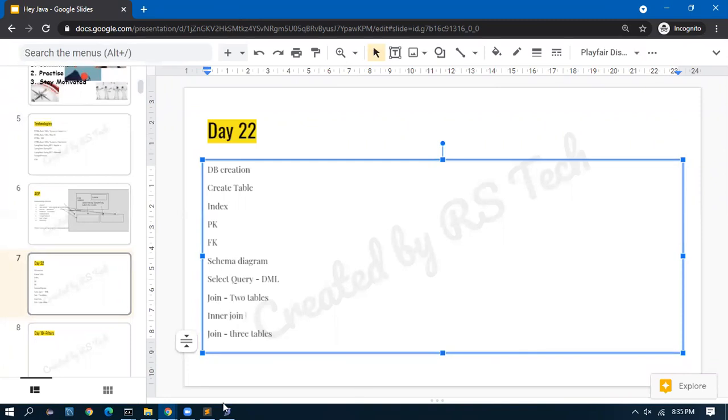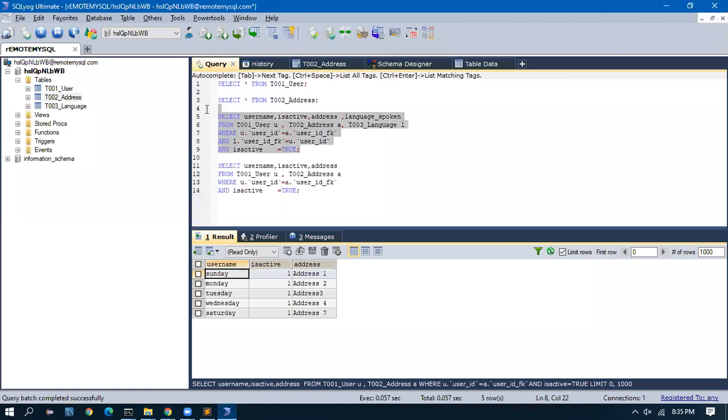So if we take this query, only the matching records which are available in all the three tables are there, meaning the ID should be there in all the tables. So Sunday and Monday, only these two are available in all the tables. The other users are available in address, but not in language.